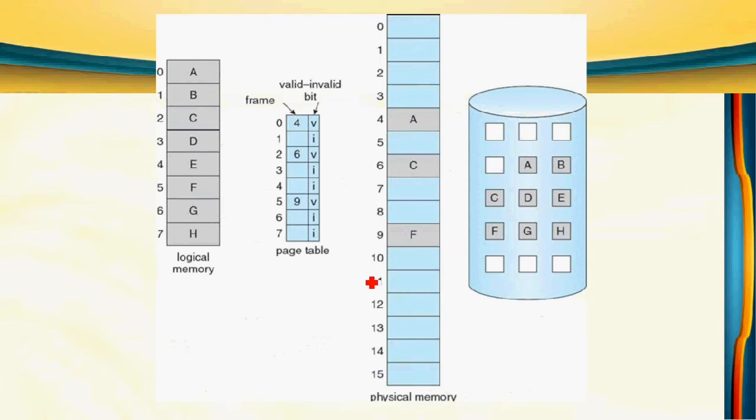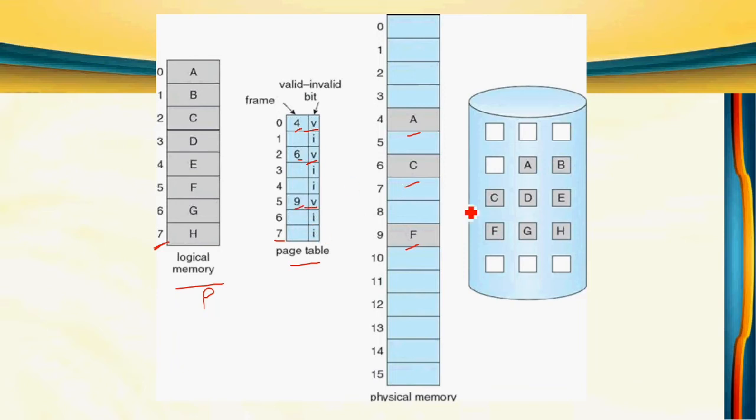This diagram tells what a valid or invalid bit is, and we can also define what a page fault is from this diagram. Here this is the logical memory of a particular process. Totally we have 8 pages, 0 to 7. For the particular process we have a page table, which also contains 8 rows. See that among the 8 pages only 3 pages are in the main memory, A, C and F. So for those 3 entries it is valid, valid, valid. A is in frame number 4, so that is written here. C is 6, and F is 9, that is here.